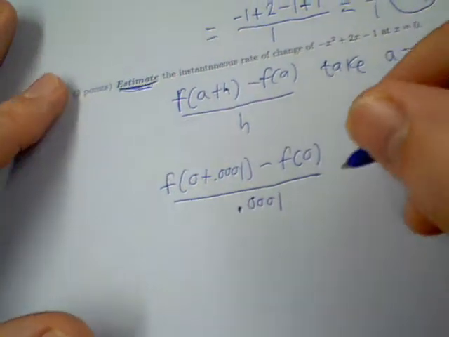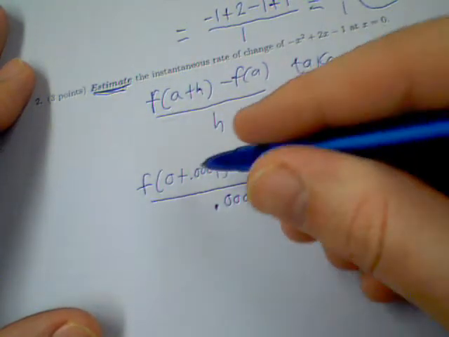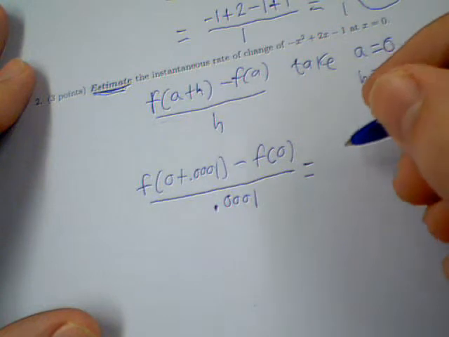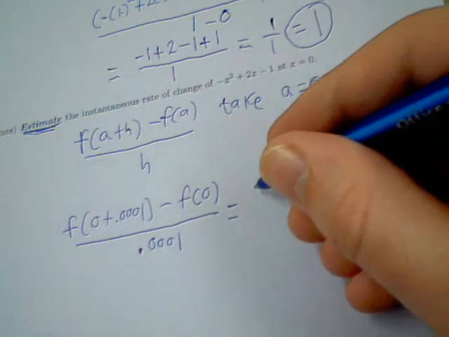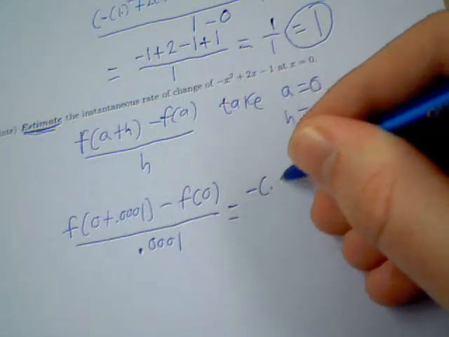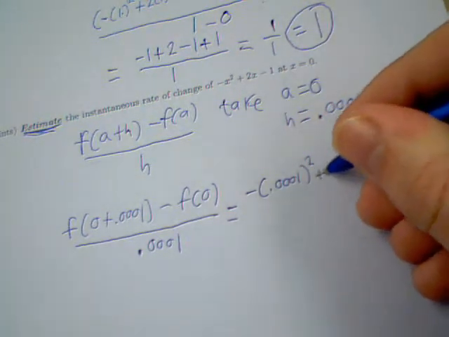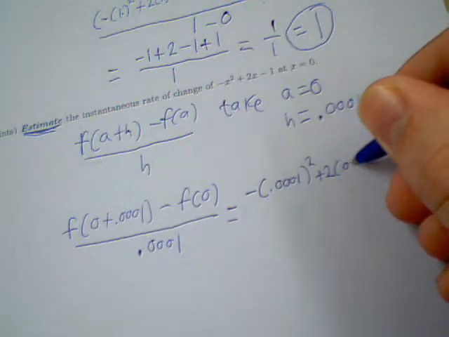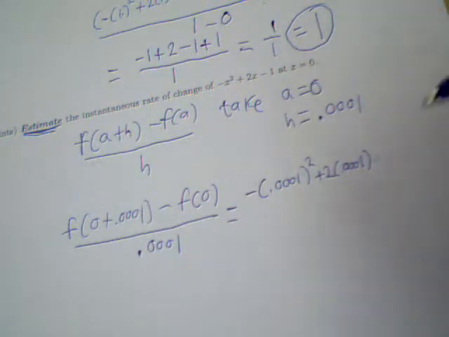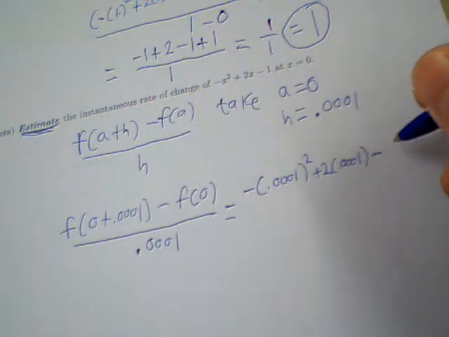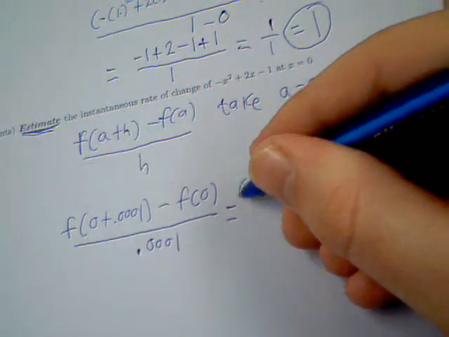And you do this, and just be taking f of 0.0001. So over here we're going to get negative 0.0001, square it, plus 2 times 0.0001 minus 1